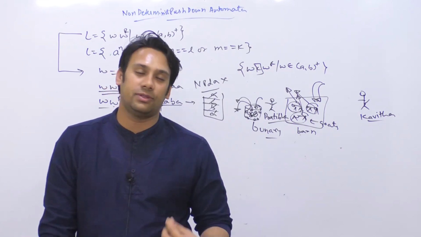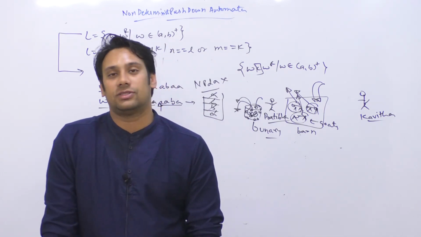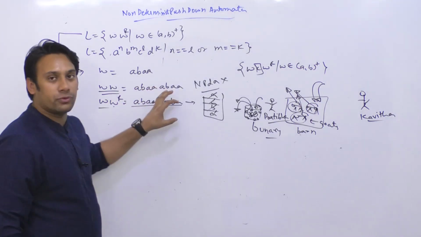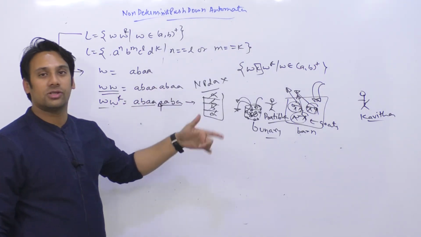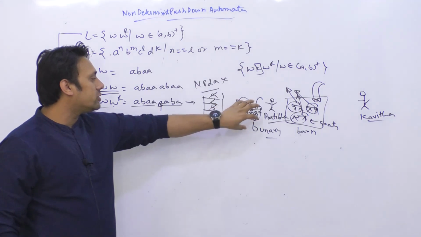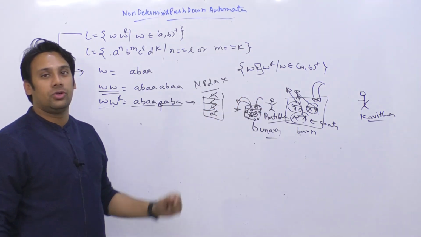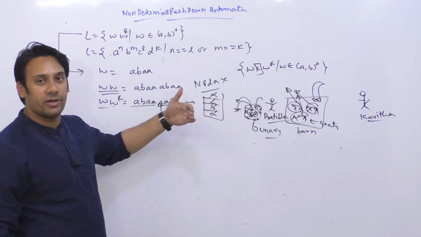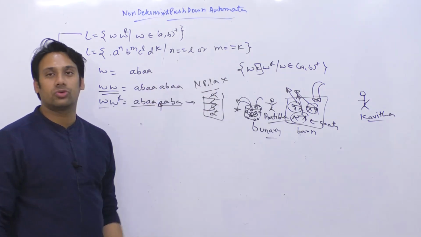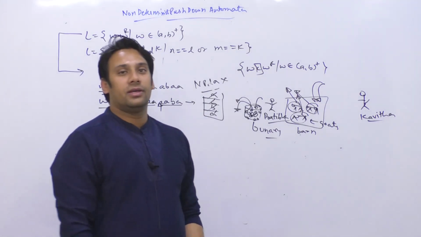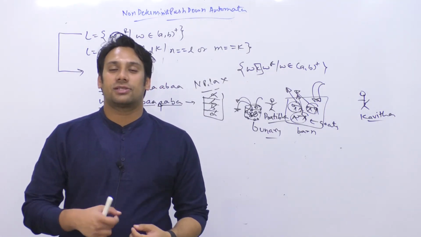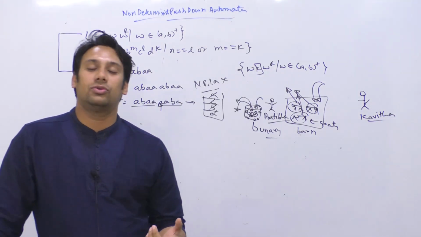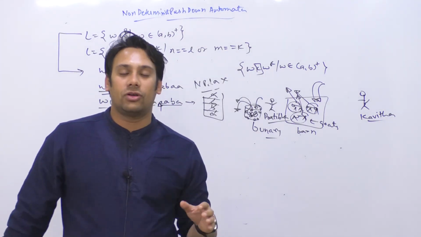So this is the same thing that you do in an abacus, which children play. But when you use a pushdown automata, the pushdown automata does not know how to count. So the pushdown automata uses exactly the same concept to count the number of symbols in the string. What does it do? It tries to store those alphabets in this stack. And whenever something else is coming, it takes something out. So in this way, she doesn't really know how to count all of them and divide by 2.